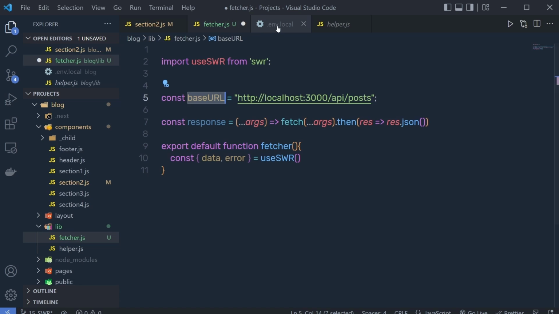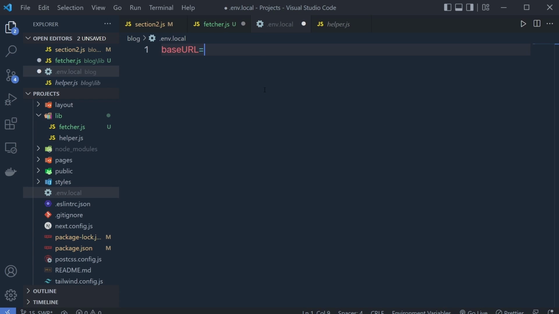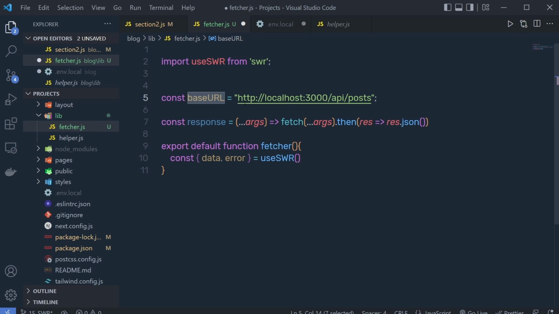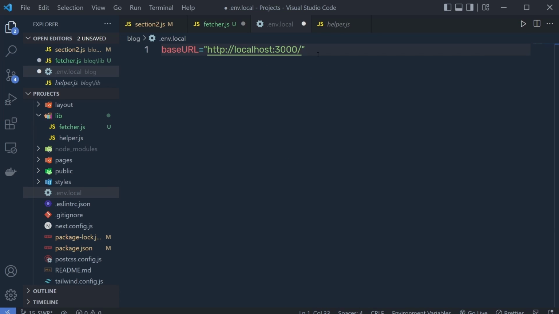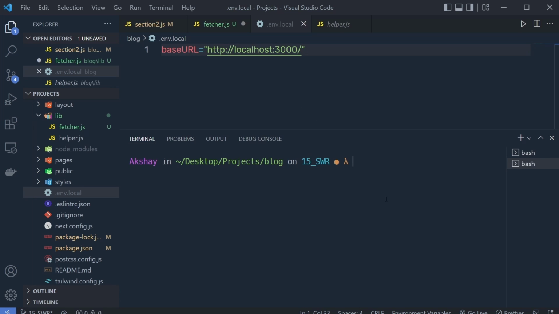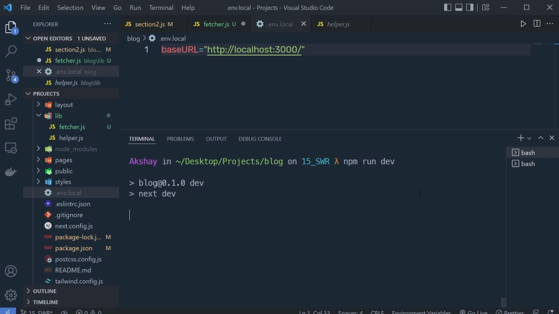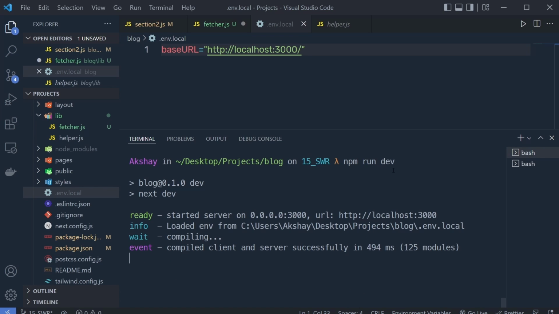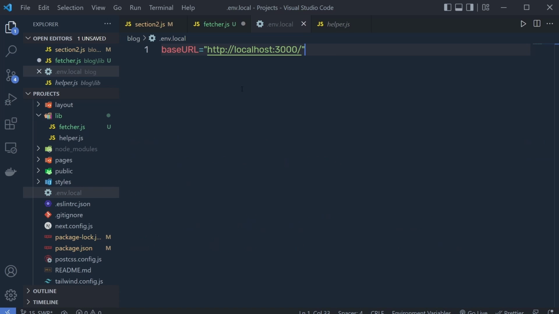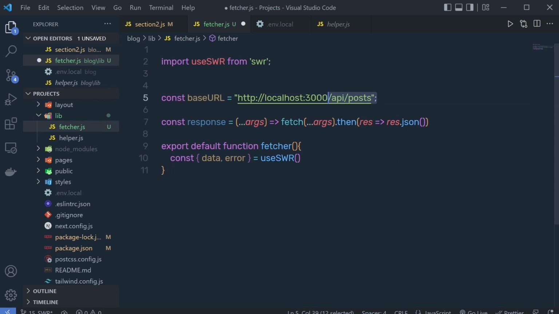So I'm going to copy this variable, specify that here is equal to, and then I'm going to specify this base URL here, this one. Let me save these changes, and then you have to rebuild your application. So just open the terminal, stop the development server, clear the screen, and then start it again using npm run dev. Just out of that, to use this base URL, you have to go back to the fetcher, and here you have to specify